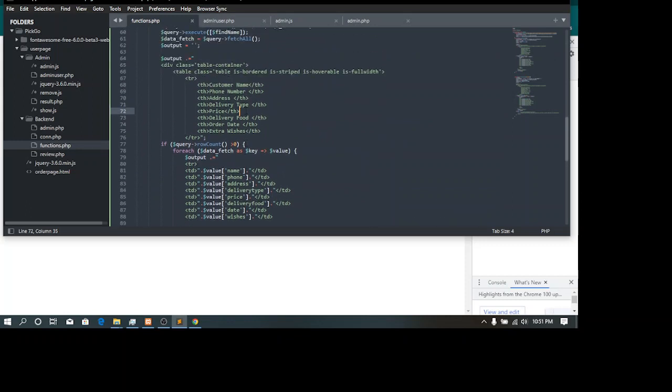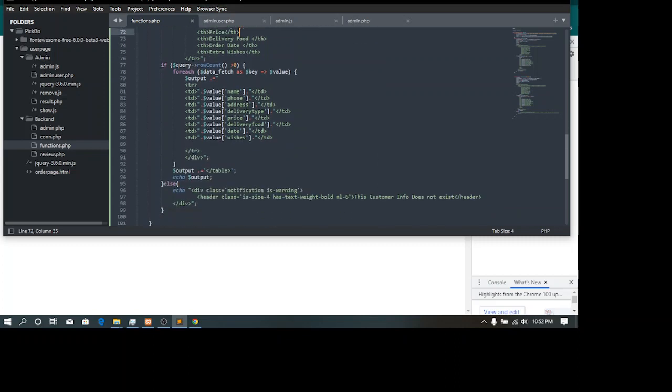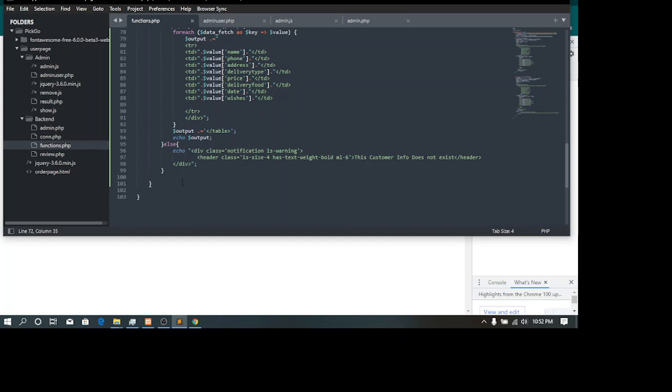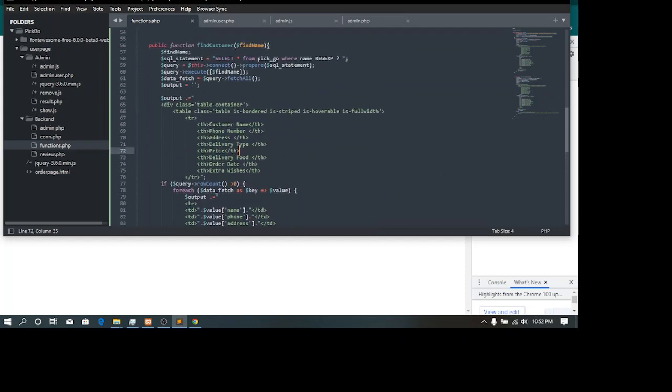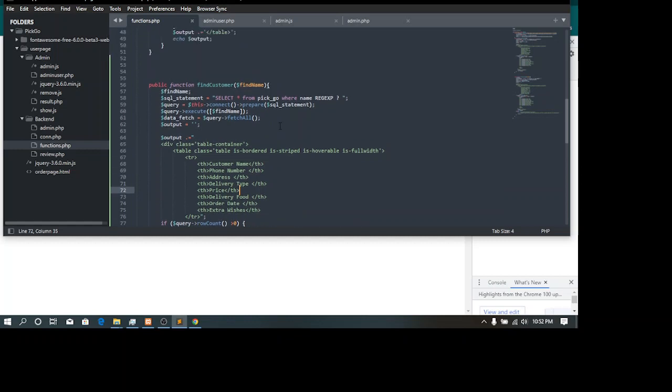Functions. Saying if this is greater than 0, where is my error?